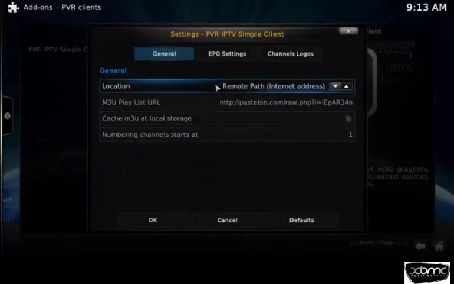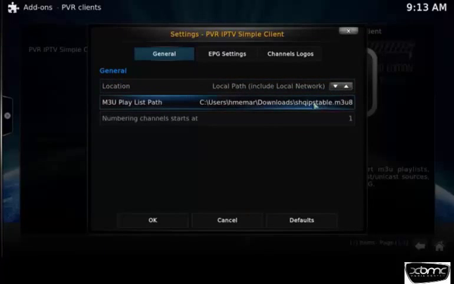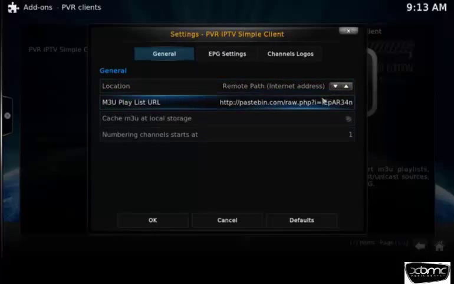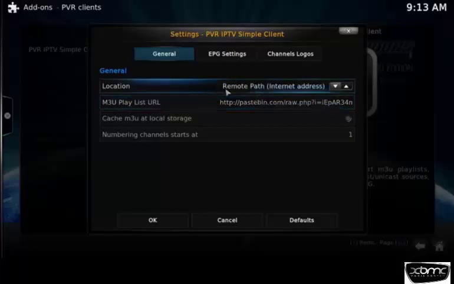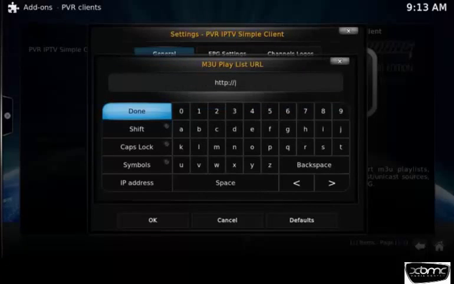Once you click on configure, make sure that in General it's set to remote path. If you have your own M3U file, I've got one here, you can change to your own M3U file. But if you don't want to use an M3U file, you want to use the link that I'm using right now, I'm going to show you. The link is, which you all know,